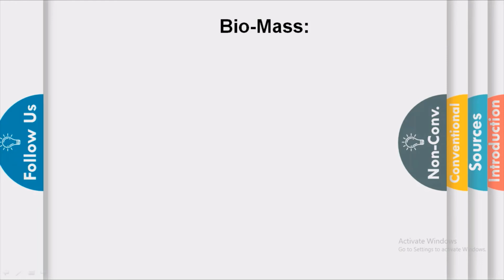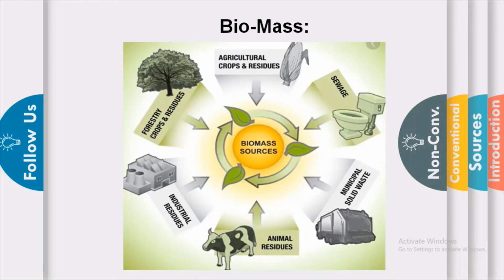Let us talk about biomass. So biomass means what? Fuels made from plant and animal products are known as biomass. For example, wood, cow dung. These fuels do not produce much heat during burning and give out a lot of smoke when they are burned. So just burning wood and cow dung is not enough for our energy requirement. Thus technological advancements are made to improve the efficiency of these fuels.